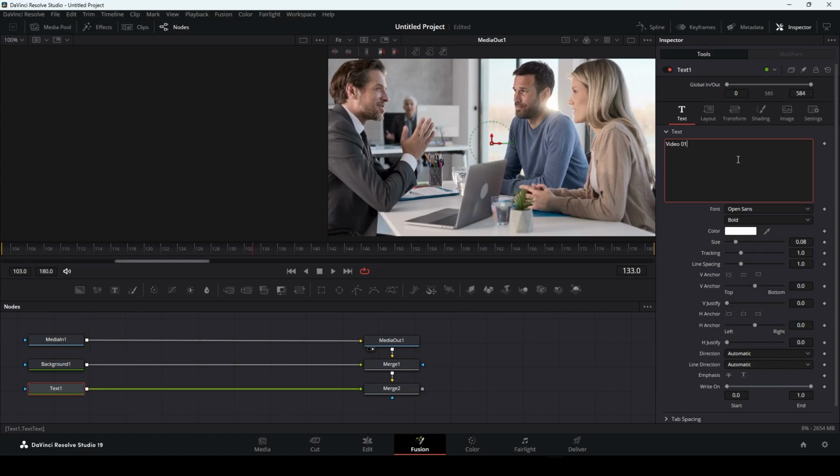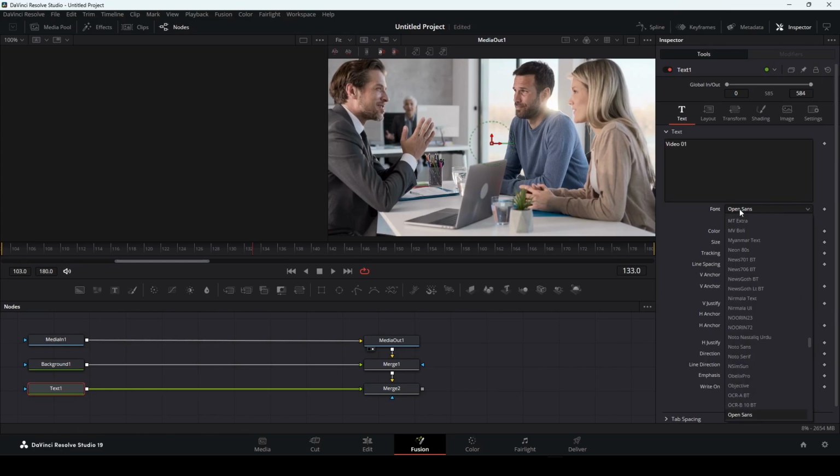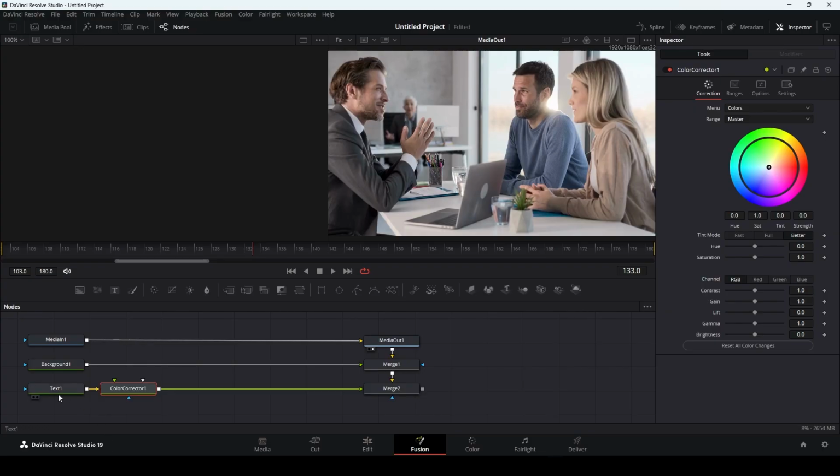Let's say video 01, and over here you will see that we have added the video nodes. We have changed the font and everything, and that will eventually be applied to our video. And these are the different effects for the voice node as well. And over here this is a color correction which is applied to the text node. But if we want to